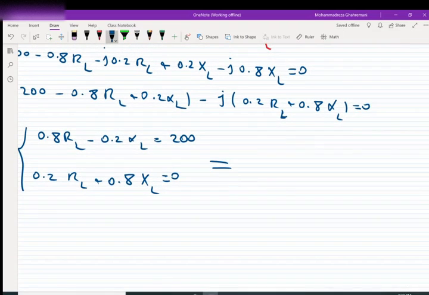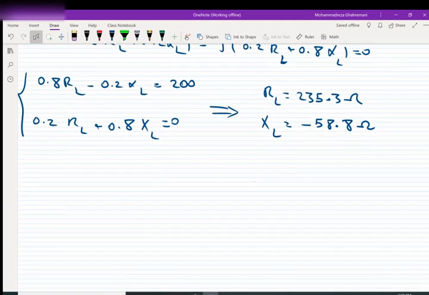If we solve these two equations, we will have RL equal to 235.3 ohms, and XL equal to negative 58.8 ohms. So as a result, we can say ZL is equal to RL plus jXL, which is equal to